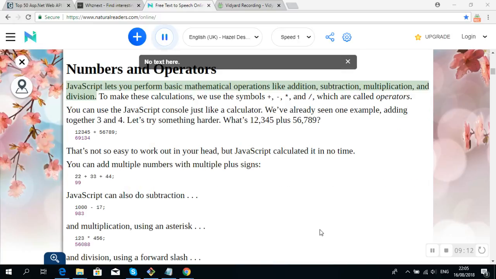JavaScript lets you perform basic mathematical operations like addition, subtraction, multiplication, and division. To make these calculations, we use the symbols +, -, *, and /, which are called operators. You can use the JavaScript console just like a calculator. We've already seen one example, adding together 3 and 4. Let's try something harder. What's